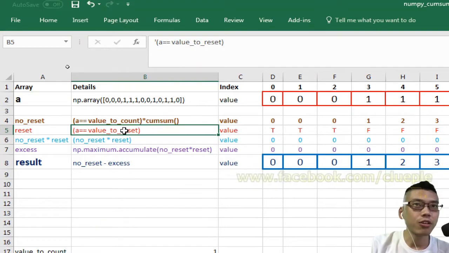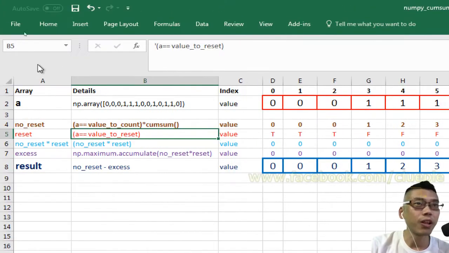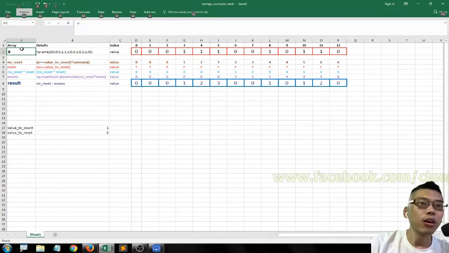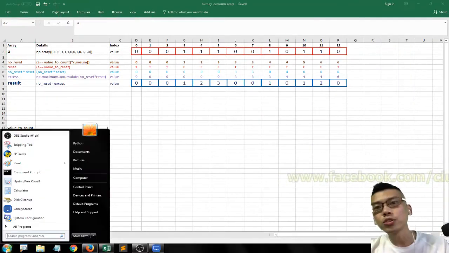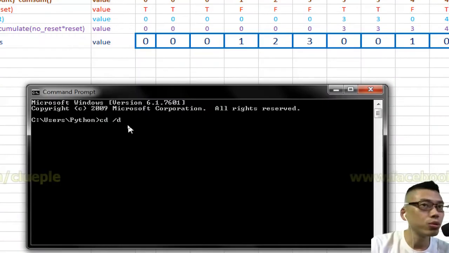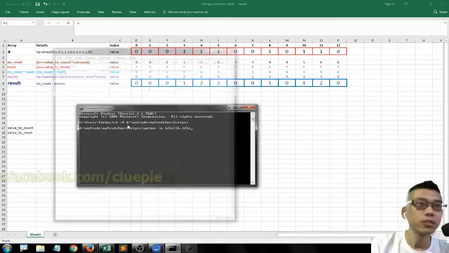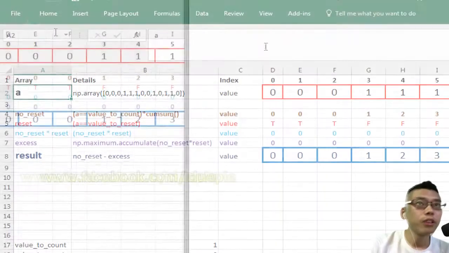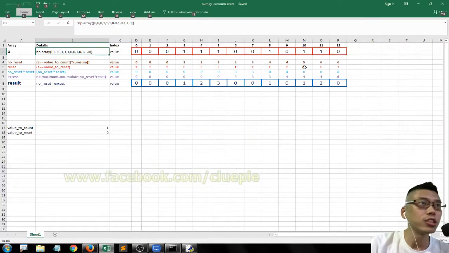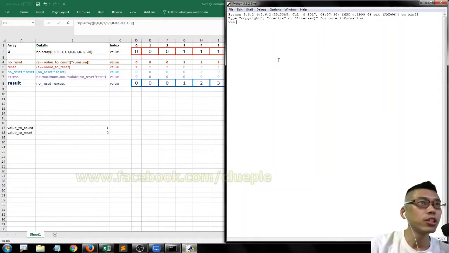So I just created an Excel file to explain. A is basically my array. In the meantime, I'll be doing it in Python as well. Okay, the very first step is I have to create my array, right? My question is,